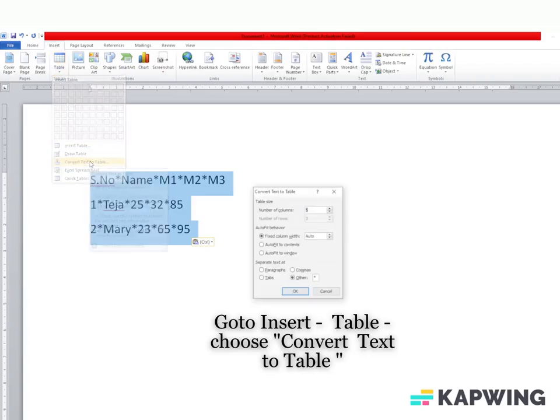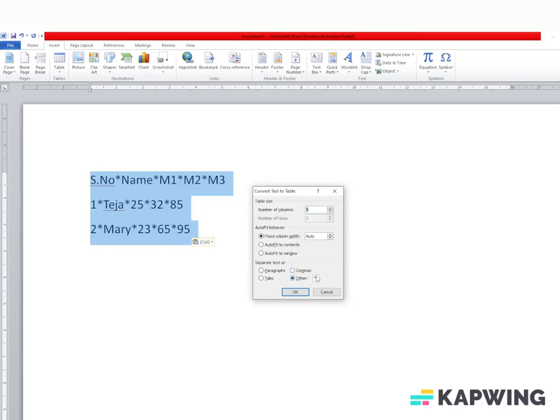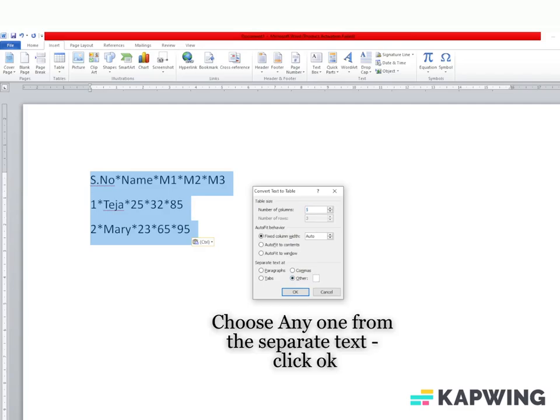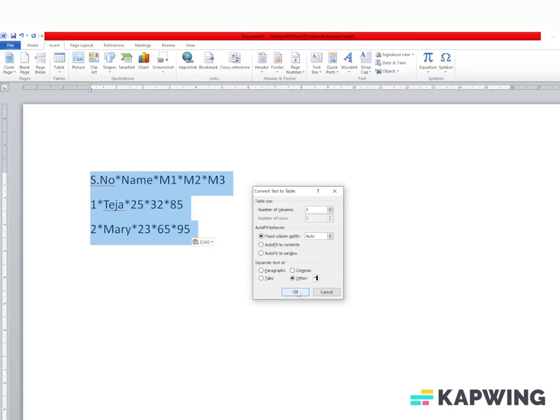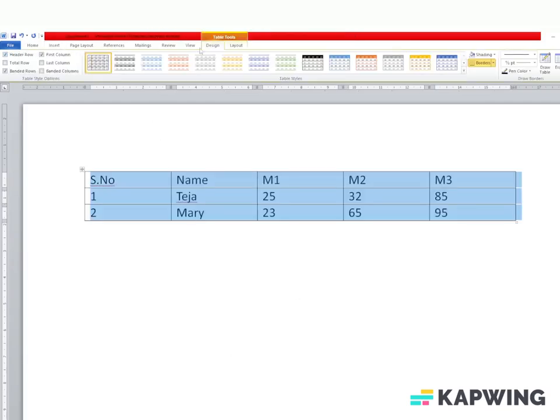to Table. Now below you will find four options. If you have used comma in the text, give the option comma. If you use tab, then give the tab option. Since I have used star here, then go to the Other option and type the symbol which you have used and give OK. And now if you want to convert the table to text, then go to the Layout option and